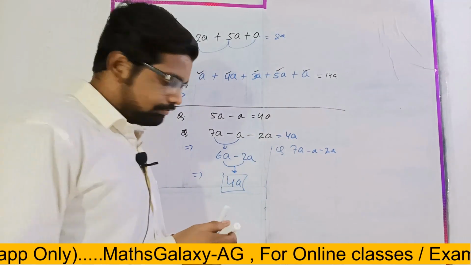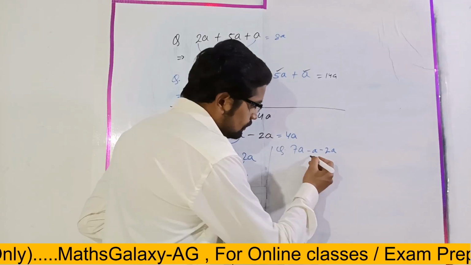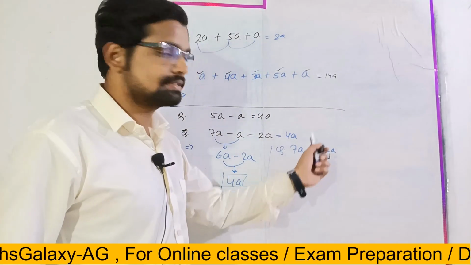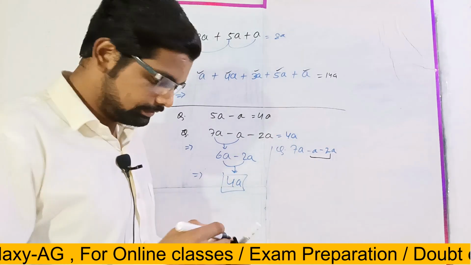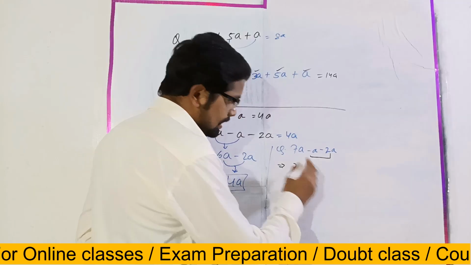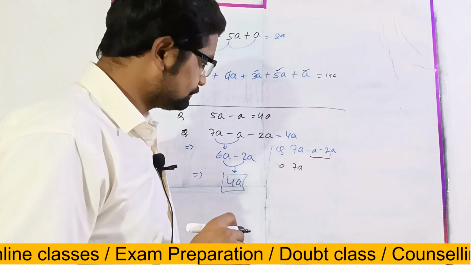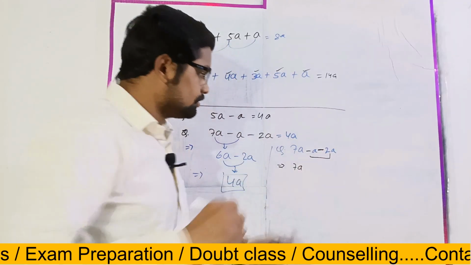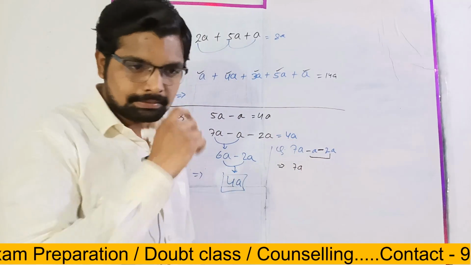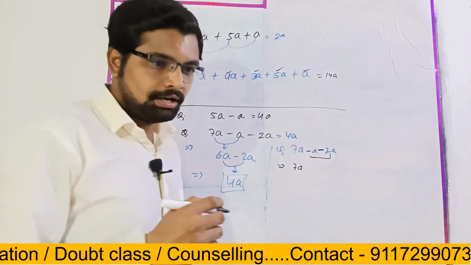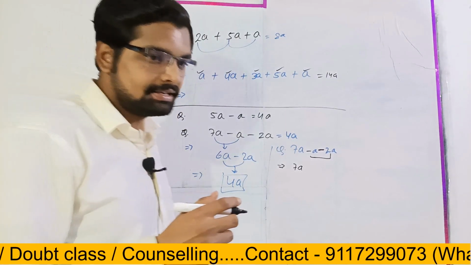First we can do it for the terms which are with a minus sign. Write the 7a as it is. Here it is minus, again minus, so minus minus...